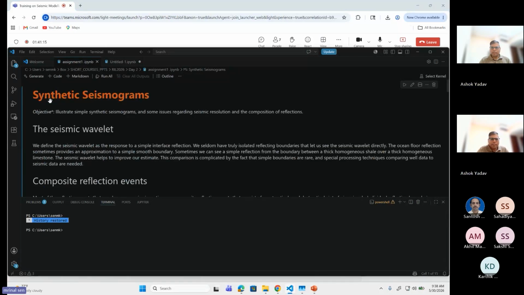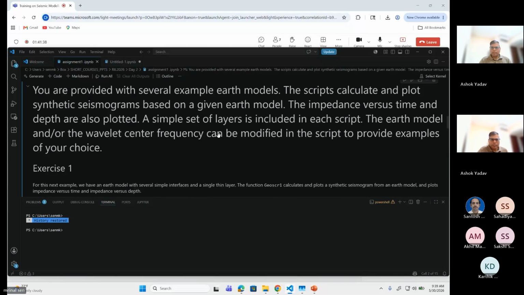Okay, so here I have not given you any codes. This exercise is essentially for you to be able to illustrate some of the issues regarding resolution and composition of reflections, just like the paper I just discussed. So there is this thing, seismic wavelet, then we have composite reflection events. And the first exercise is